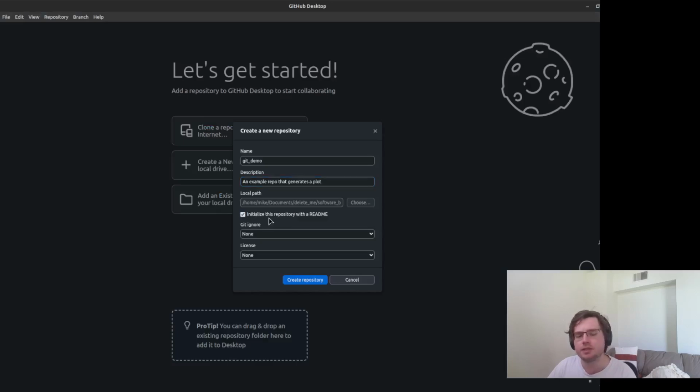If you initialize it with an automatically generated README, it will just have a file that just contains the name and the description inside a file. So you can also very easily manually make it or just edit from the one that is automatically generated as well. In this case, I'm not going to select that because I already have a README saved inside, but selecting this is usually what you want to do, especially if you're starting something from scratch. Now the next thing is the git ignore file.